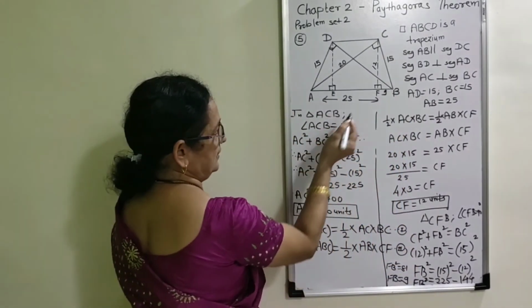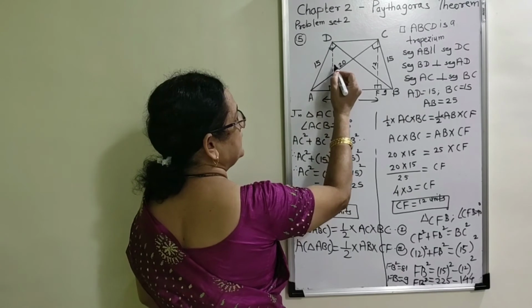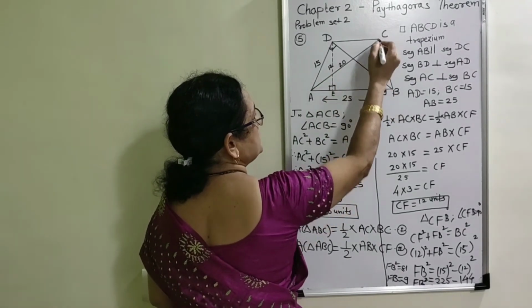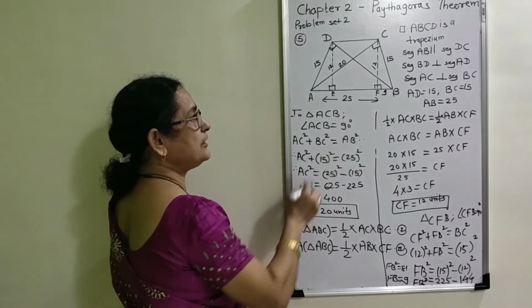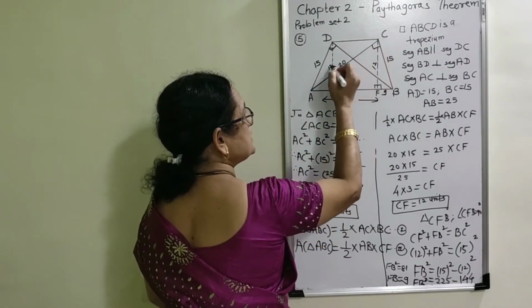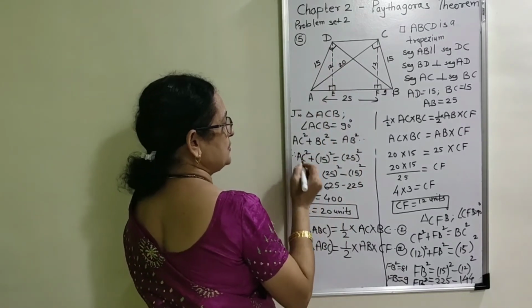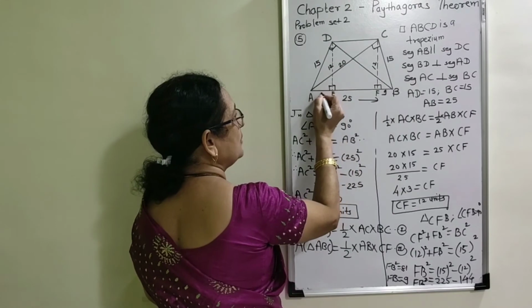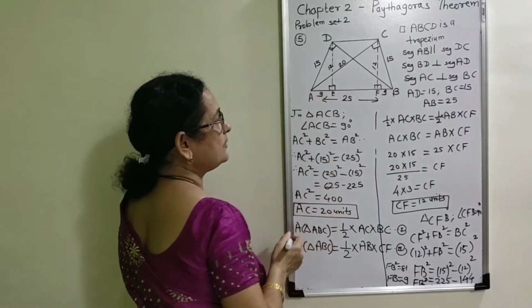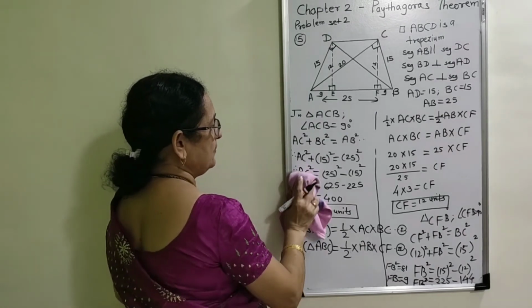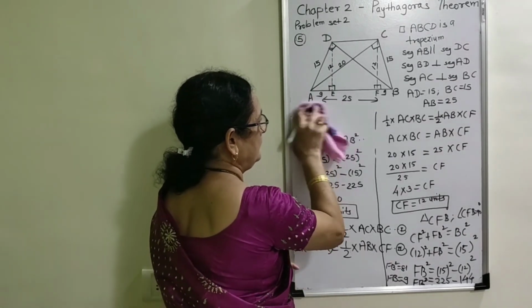Now observe the figure on right hand side. This DE is also congruent to CF. Since the perpendicular distance between two parallel lines is constant, if CF is 12, DE is also 12, and therefore DA and BC is also congruent, therefore AE is also 9. Now I am going to use betweenness for the next step.